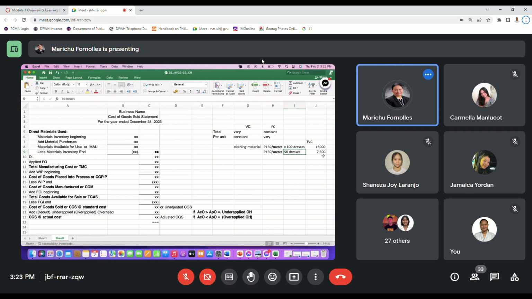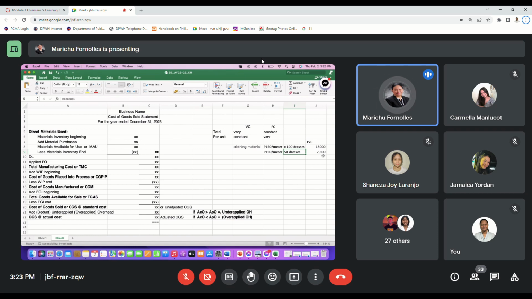50,000 pesos. Regardless of how many units you're going to produce, your rental is fixed at 50,000 pesos per month. That's the total fixed cost. Supposing in month 1, your output is 50,000 units. So dividing the monthly rental of 50,000 pesos by 50,000 units, the resulting fixed cost per unit, or the UFC,